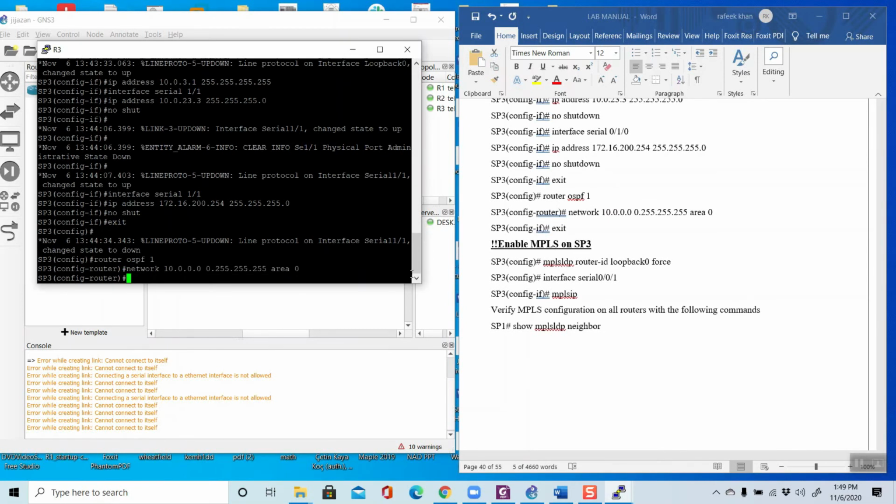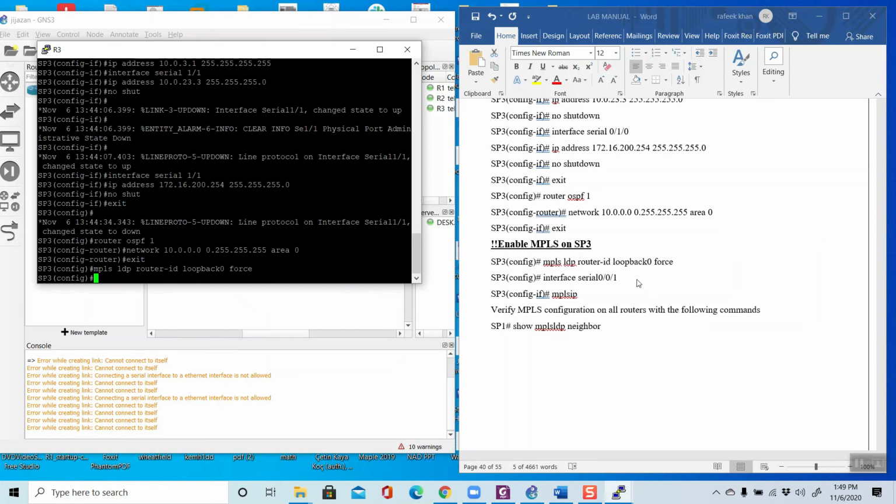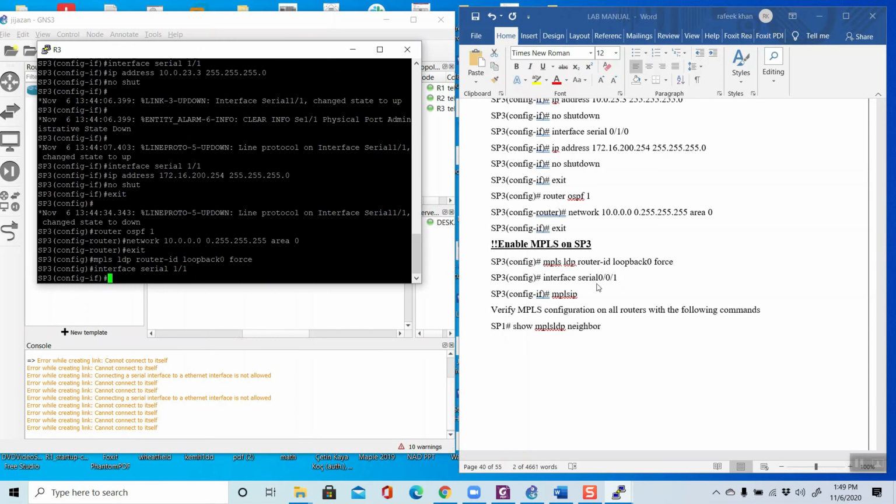Then use the same here, put a space. Sorry, just 1 minute. Here MPLS LDP. And then interface 1. You have to remember what you are using, the same you have to use. Then MPLS IP.